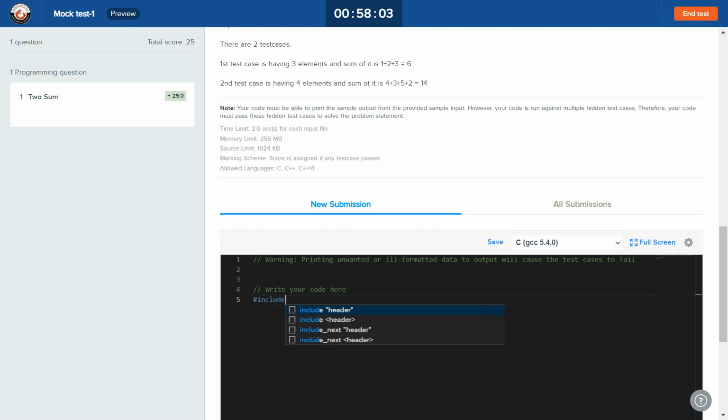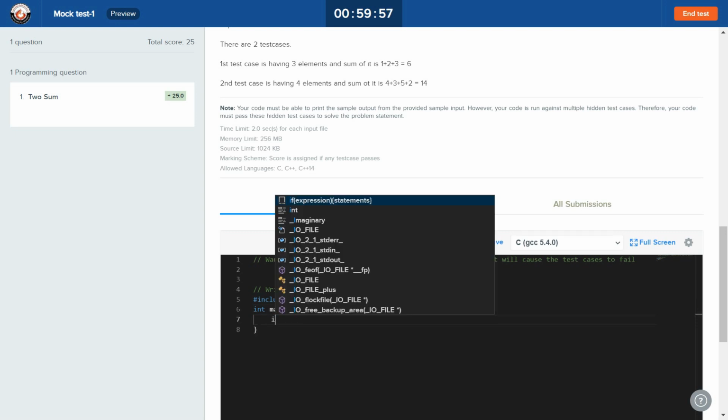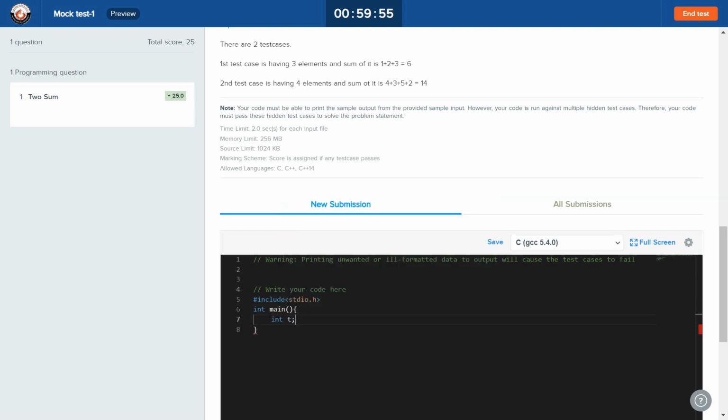Let's say this is our header file, and we have a main function, and since we have to take t test cases, I will use scanf, not cin, that is basically C++. We are doing %d, address of t. So this is the input we have taken, that is the number of test cases, and now we have to find the sum of the array t times.